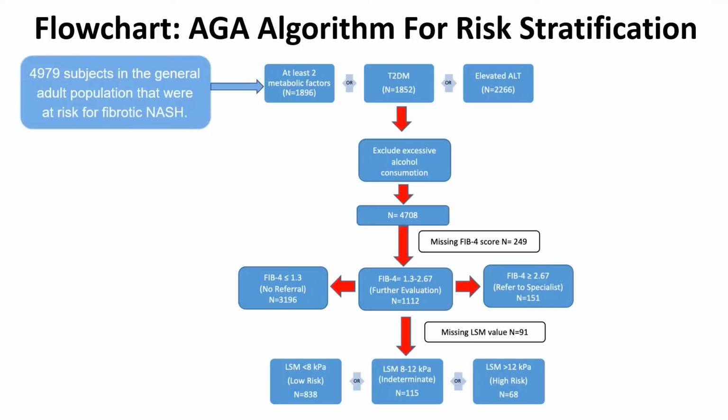So we utilized a nationally representative database called the Enhanced database, where they did almost 10,000 Fibroscan on subjects from different socioeconomic and racial backgrounds. And we looked at patients that had diabetes, metabolic syndrome, or elevated ALT. We identified close to 5,000 individuals that had values to calculate FIB-4 and had also Fibroscan done. We excluded subjects with excessive alcohol consumption and basically applied the algorithm using sequential testing with FIB-4 and Fibroscan, and we utilized the same cut points that were proposed by the algorithm. Next slide.